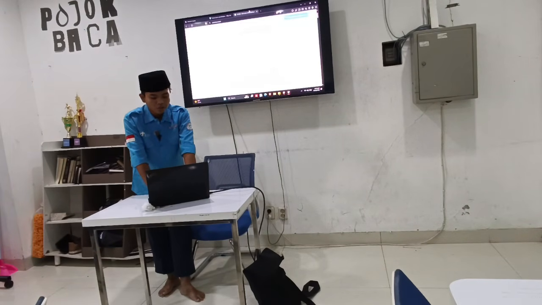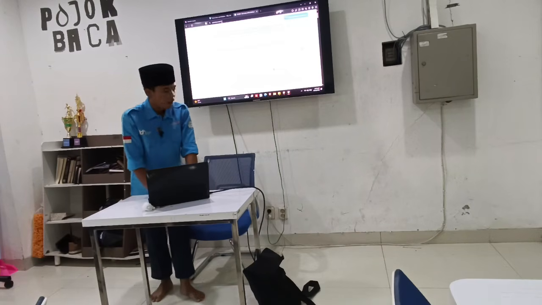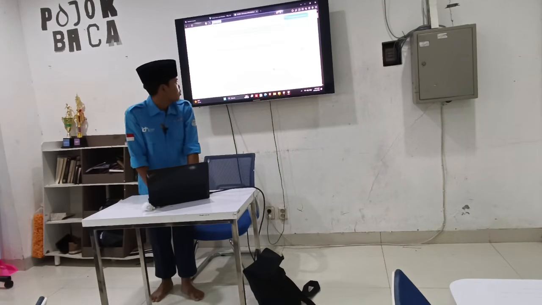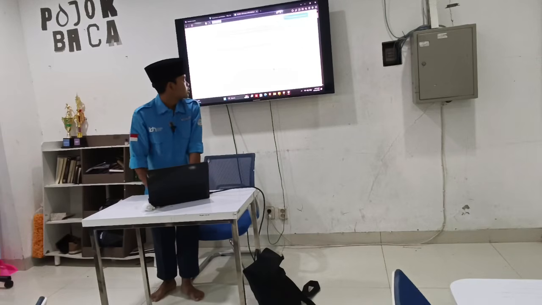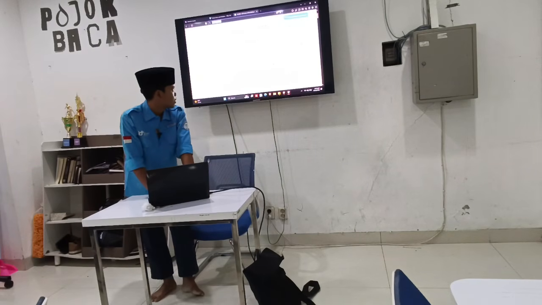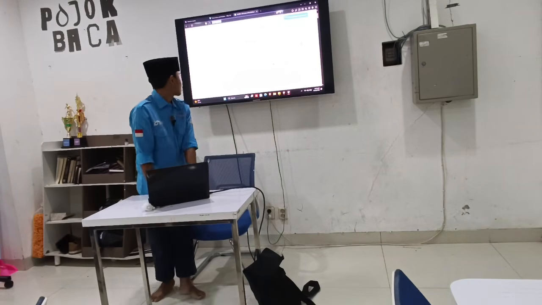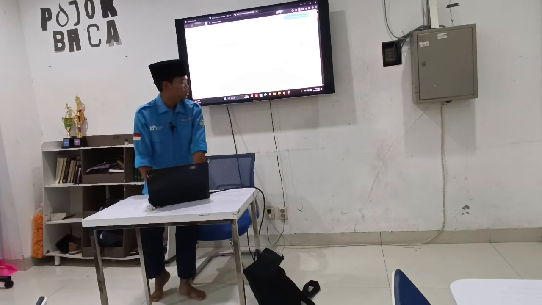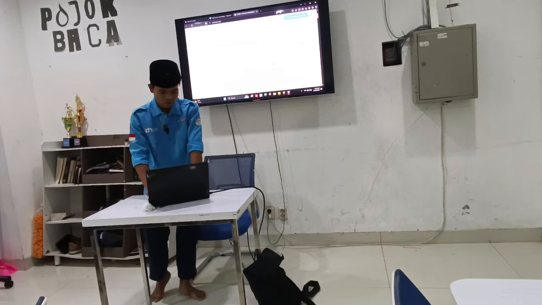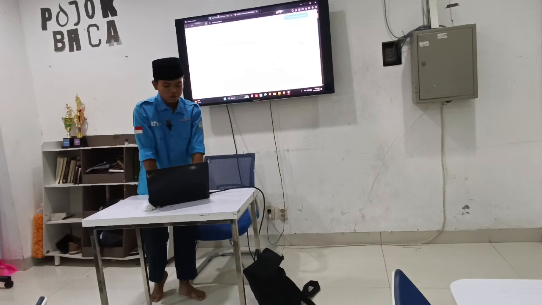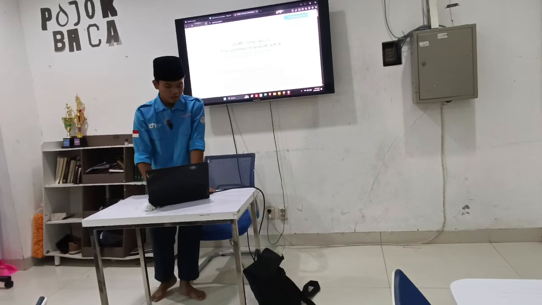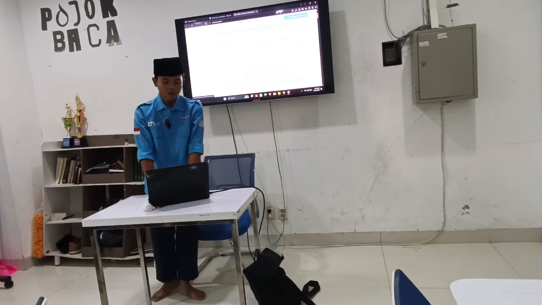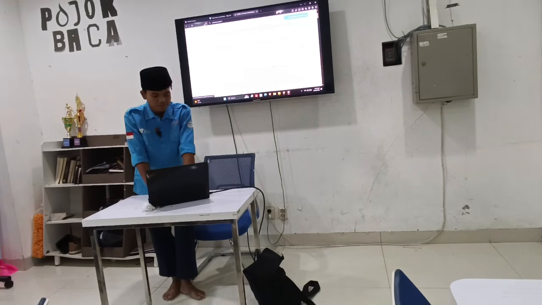For the animation you can search on iconscout.com, that is the name of the website, and search for loading screen. As you can see on this website there are icons, loading animations, and vector illustrations. Try to search loading, and there will be many loading animations.